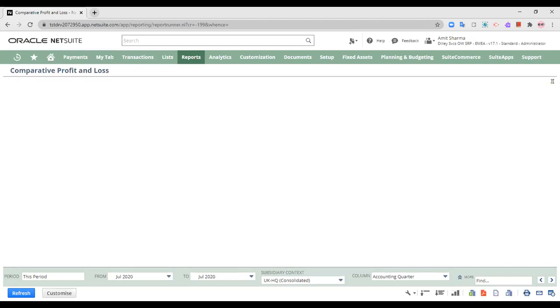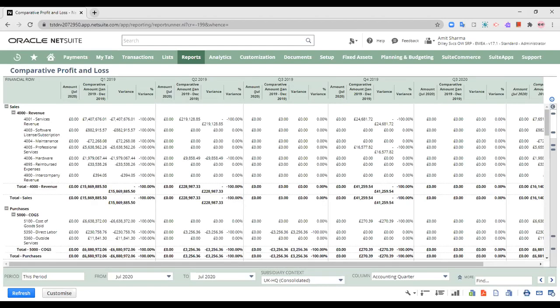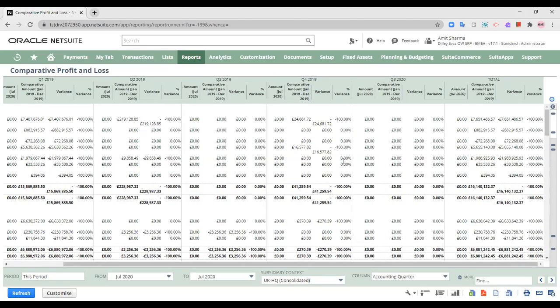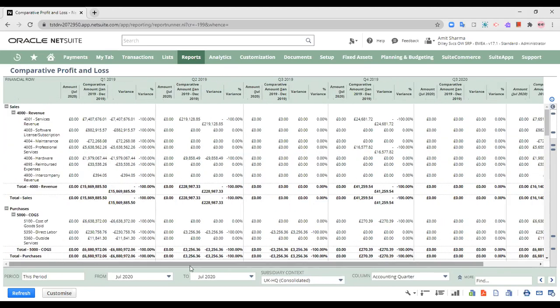It is taking a bit of time in loading the information. So as you can see, I can view the information within quarter analysis also, and I can analyze and compare the information of two quarters, from quarter one of 2019 to quarter three 2020. I've got the information. Similarly, any kind of information that you would like to present and view in the application for the purpose of comparative reporting, you can view it in that manner.